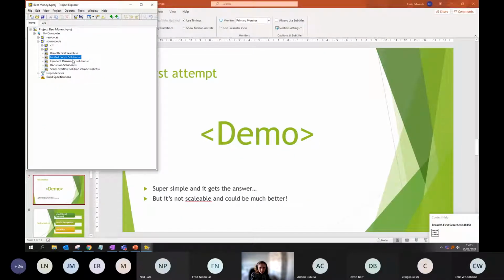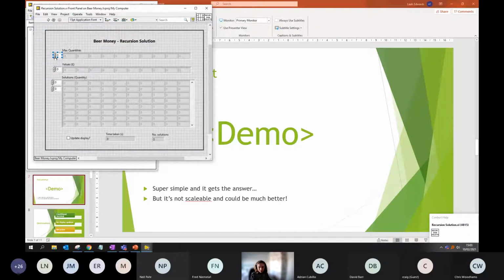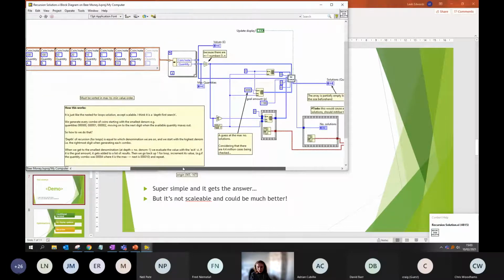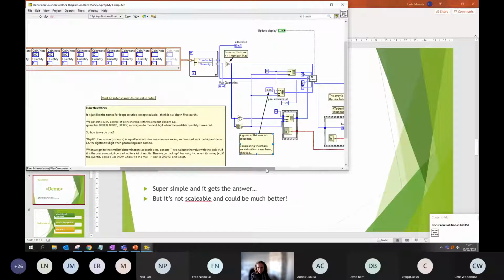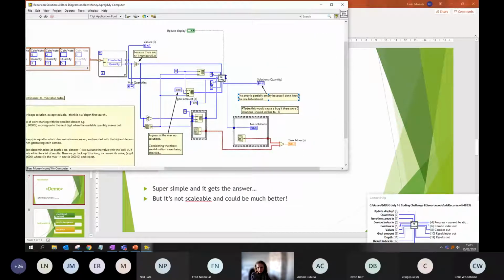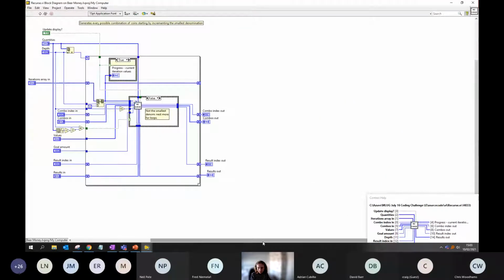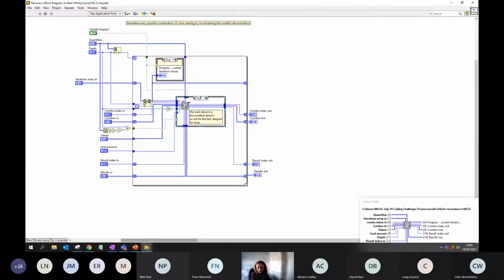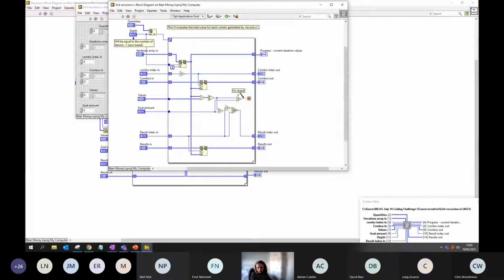So next, I decided to try and make this recursive, just so if we change the question slightly, it will be a bit easier to modify. All I've done here really is I've taken that outside loop and made it into a recursive VI. It's either adding in another loop if you're not at the penny stage, and if you are at the penny stage, then it's got that middle loop with the